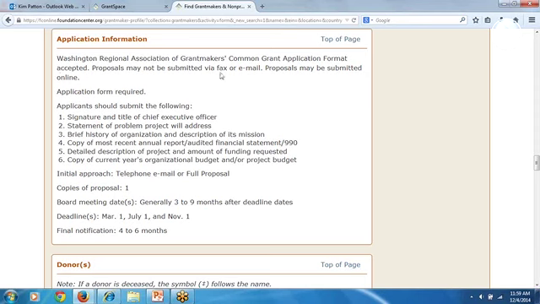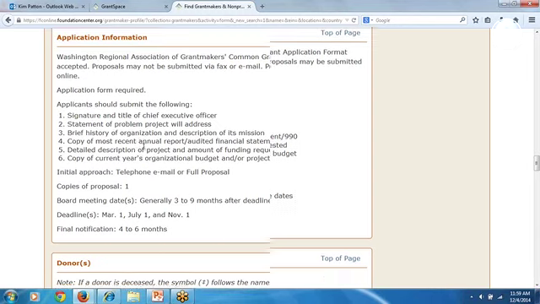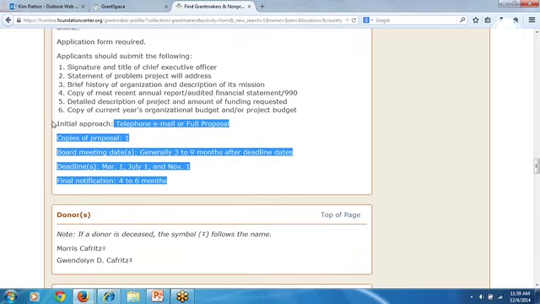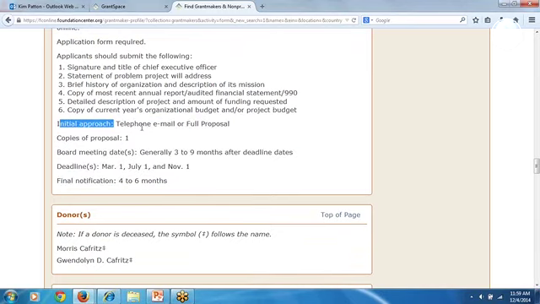They typically don't like things submitted by fax or email. And then this tells you what they want also included with your application. And as you can see here, they say what they want their initial approach to be. So this one is one where they say telephone, email, or full proposal. So given a choice, I'm going to pick the most personable one, which would be telephone. And my least favorite would be email, because that's so impersonal, and